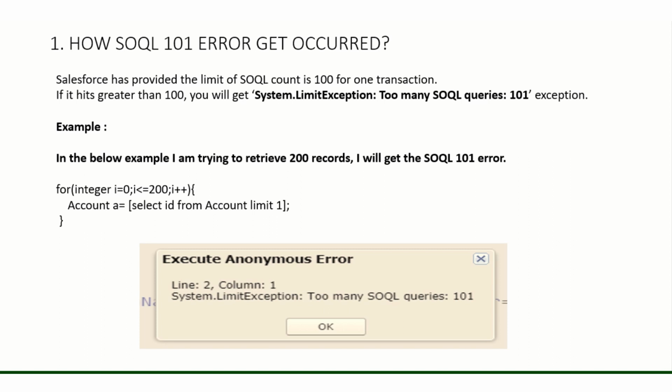So this is the for loop. In this example, I have called it from 0 to 200 times, but the total allowed is 100. We cannot use more than 100, and in this case it will run 201 times, because it starts from 0. So I got this error. You can try this one and you will get this error, because it is going to run 201 times, which Salesforce doesn't support. This is how we got the error.